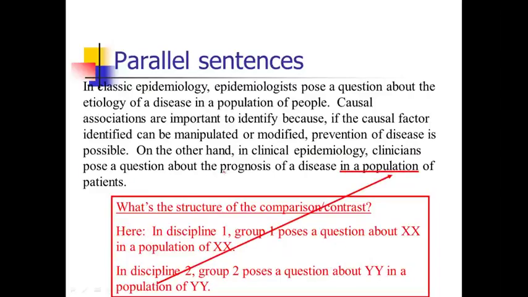They kept the language parallel across those two sentences, which made it easy for the reader to make a nice compare-contrast. Here's exactly what's the same, and here's exactly what differs. They have the same kind of idea about posing questions about something in a population, but exactly the question they're asking differs, and exactly the population differs. So I think that's really nice structure, and the author can bring it out a little bit more by doing the following,